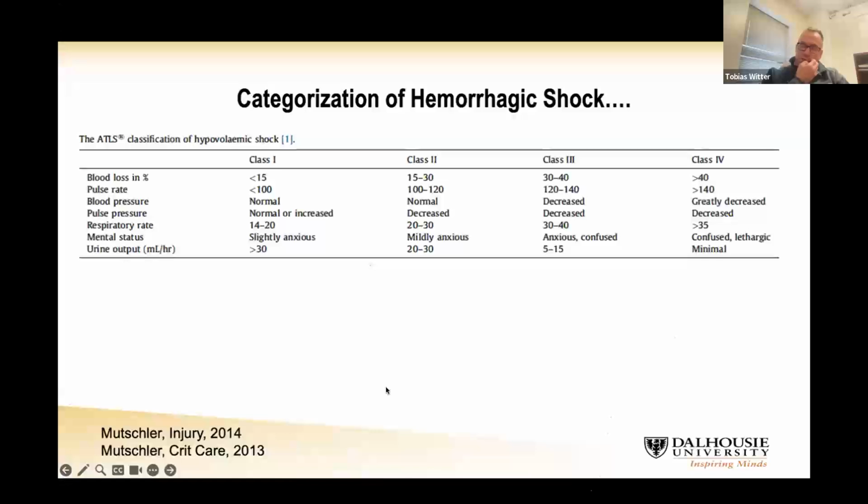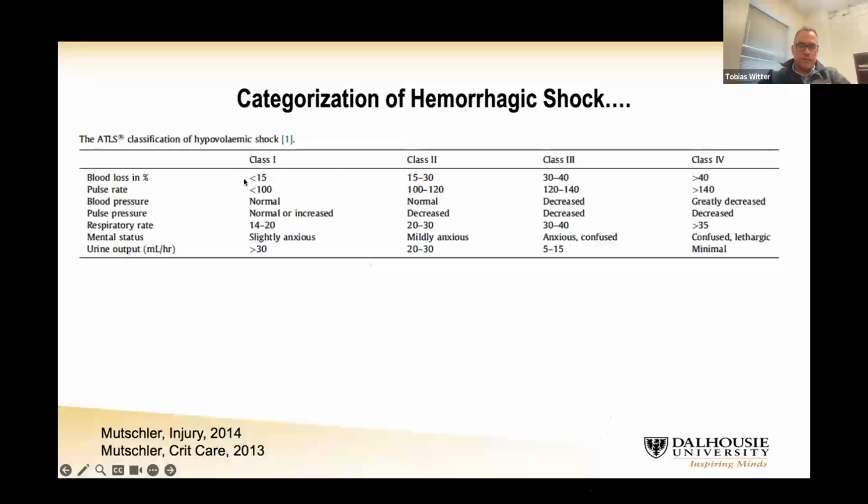So you saw what was coming out of that chest there. And again, there are different variations or definitions, based on how much blood we lose, of how we can classify them into certain categories of severity of hemorrhagic shock. This is the one from the ATLS Society. They say if you have 15% blood loss, it's a class 1, 15 to 30, and so on and so forth. Pulse rate, similar to the shock index and the ABC index we talked about earlier, goes into this a little bit.